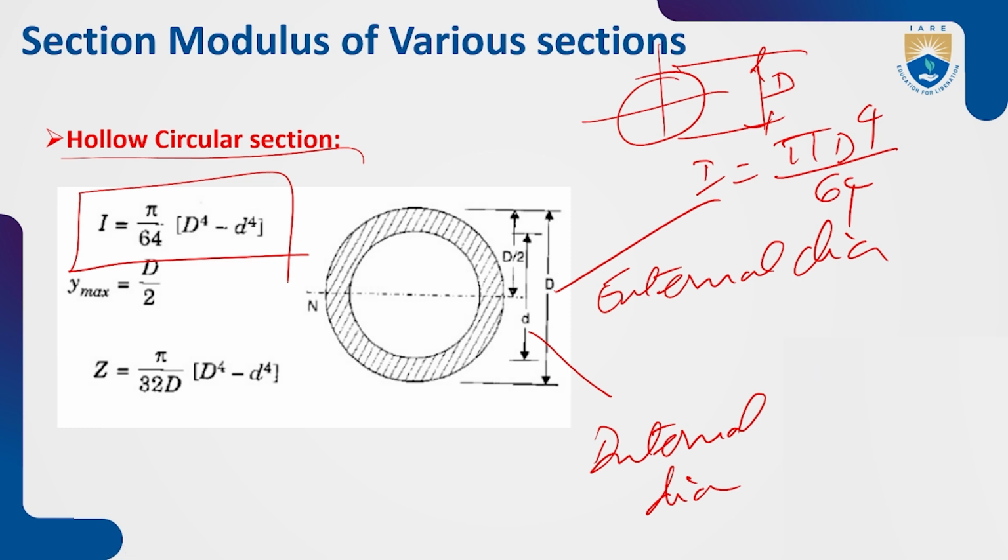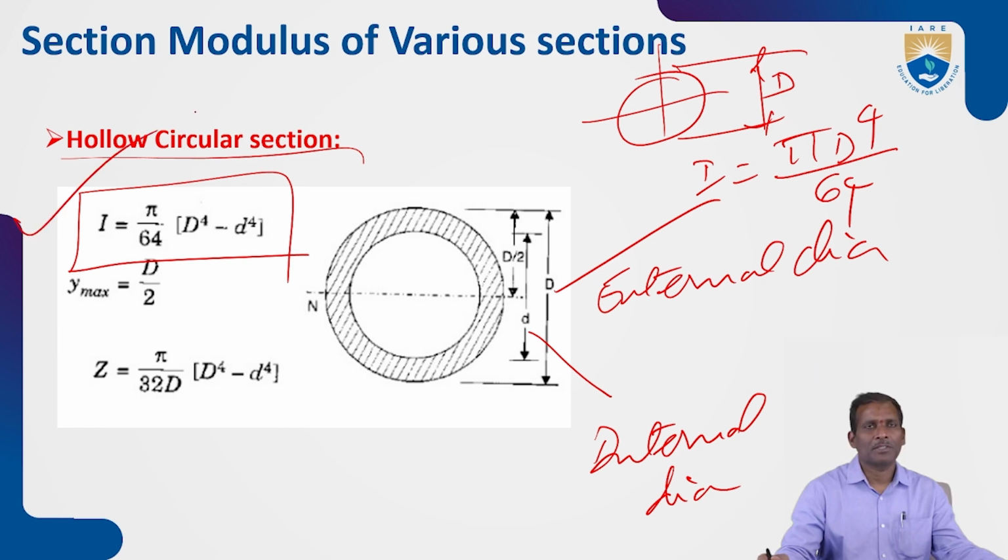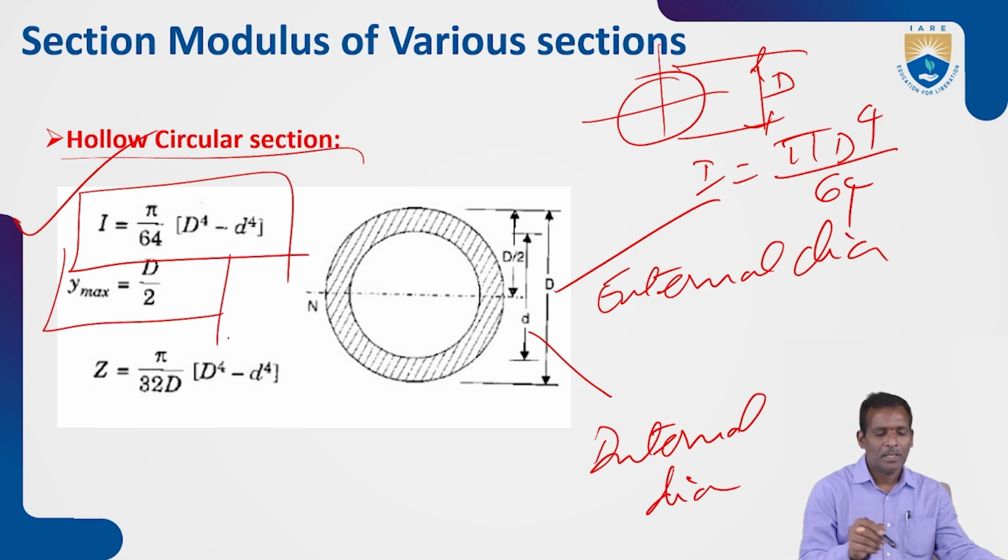But for a hollow circular section, use this formula: pi by 64 into capital D to the power of 4 minus small d to the power of 4. So the y maximum is capital D by 2. Now calculate the Z value,